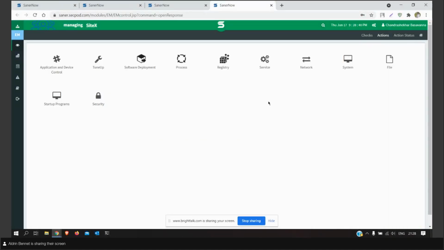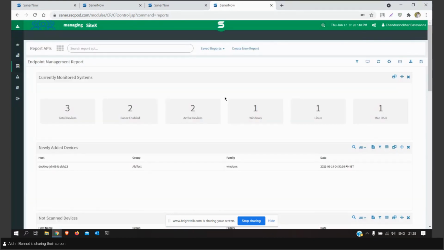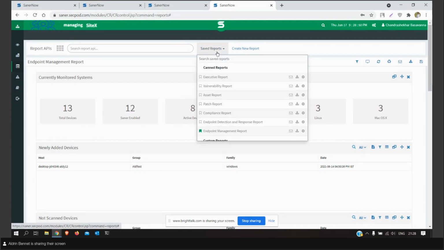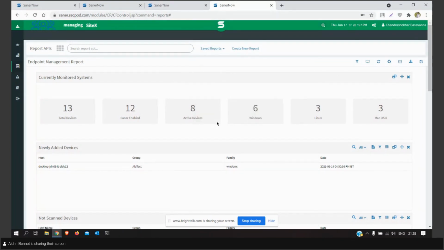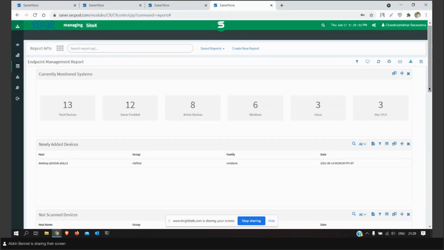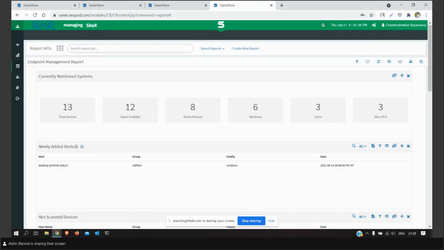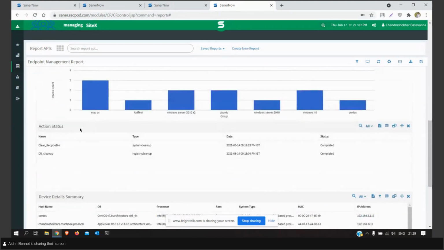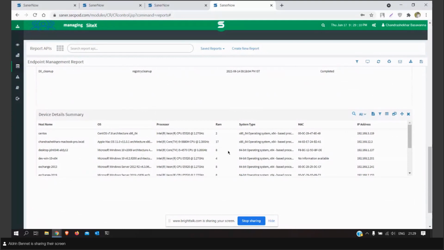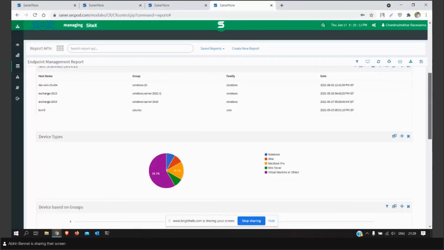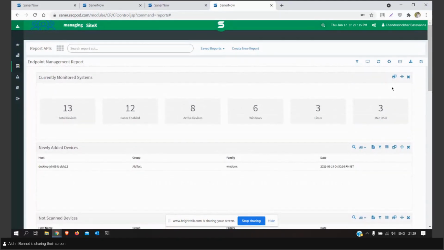Here, again, if you go into the dashboard, to the left, you have an option called reports. If you click into reports, we do have two different options. One is an already saved report, a predefined report from Sena now. If you go here under canned reports, you can see the endpoint management report. This is a predefined template, basically, which will already have stuff mostly used by administrators, from the list of devices which are newly added, the tasks that he has created, and the device detail summary. The administrator will get a complete coverage of all the tasks that he has performed right here.